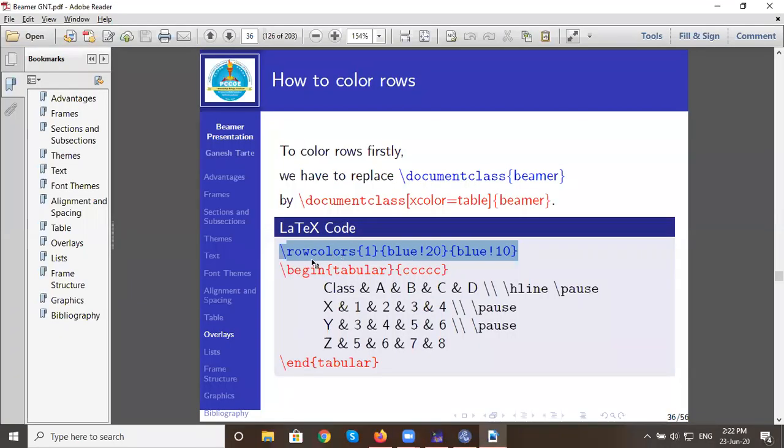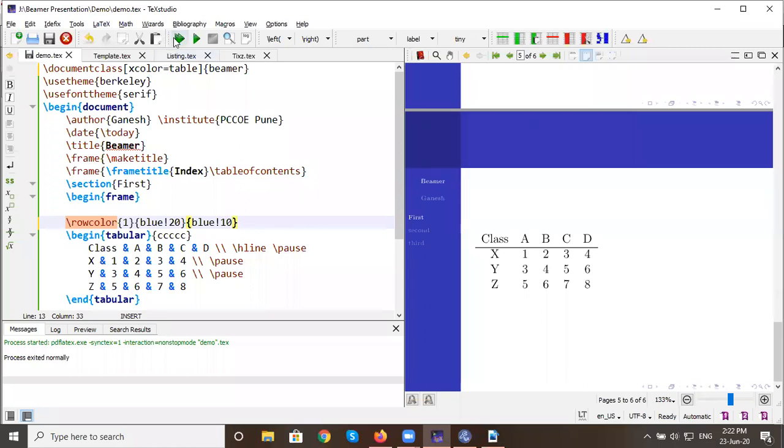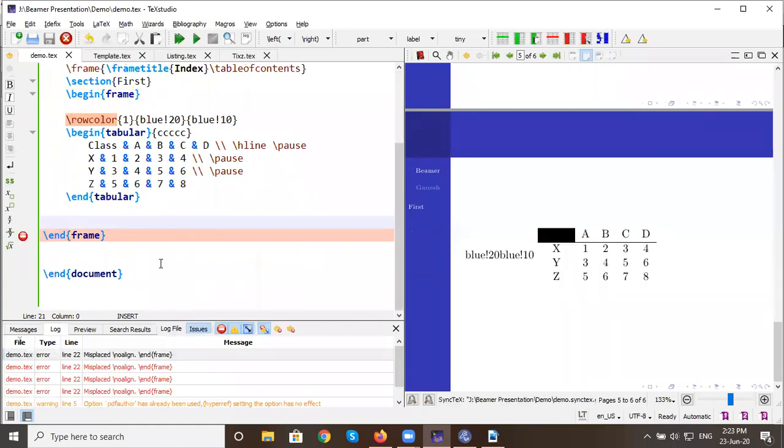So we use the same row colors, 1 blue 20% and blue 10%. So the illusion is like this. No doubt we use the same color blue, but the shades are different. For the first blue, we use 20% row colors.